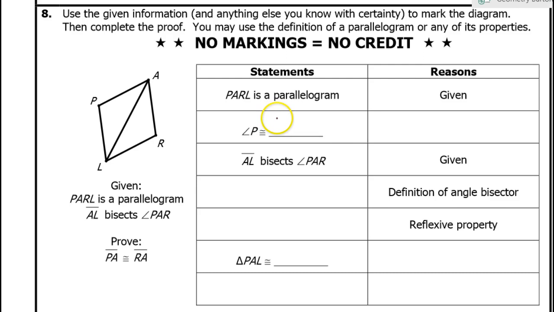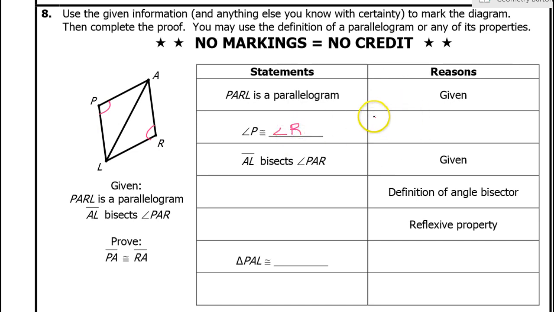All right, time for a proof. All right, the first one, they were kind and gave us most of the stuff, or like half the stuff. So we're given that it's a parallelogram. All right, so fine. So we can go ahead and say, because it's a parallelogram, we can use the properties of a parallelogram. One of the properties says that opposite angles are congruent. So angle P should be congruent to angle R,